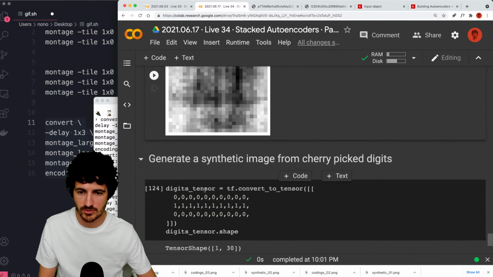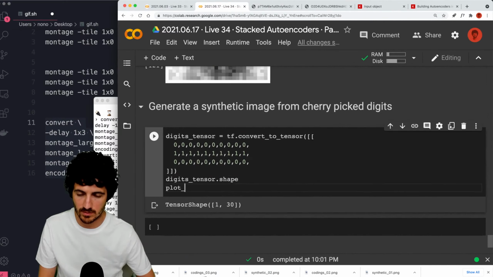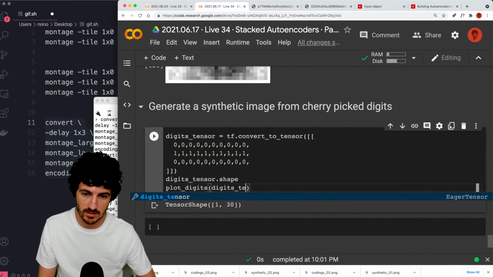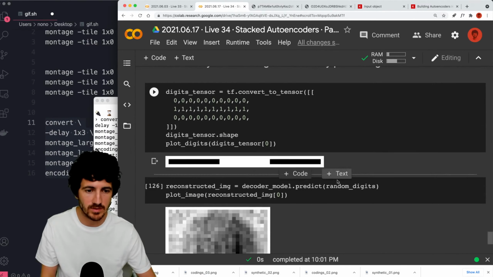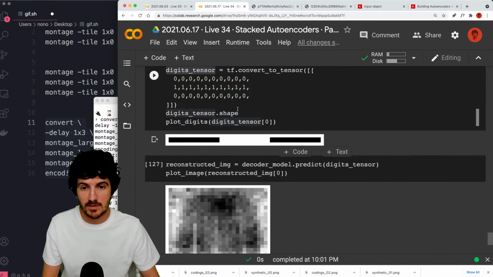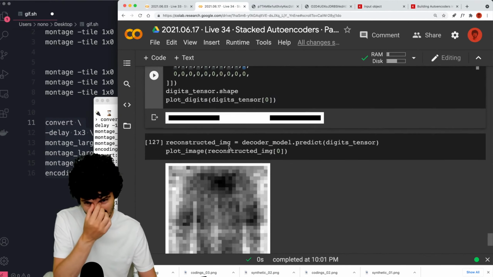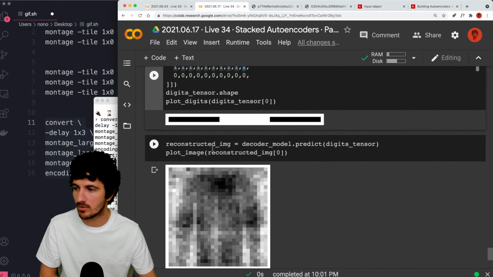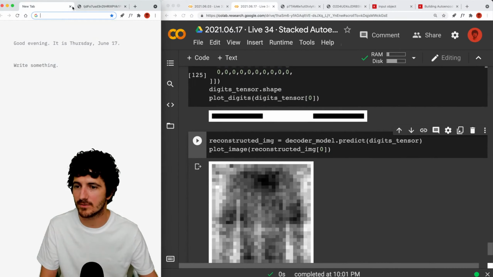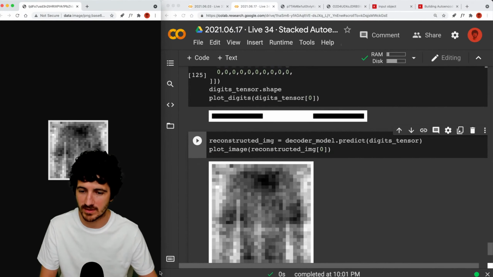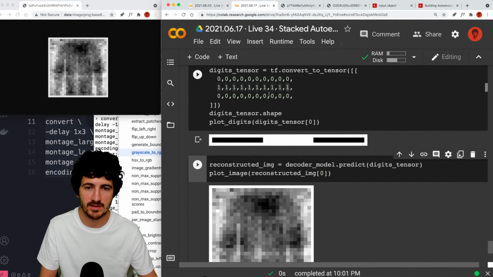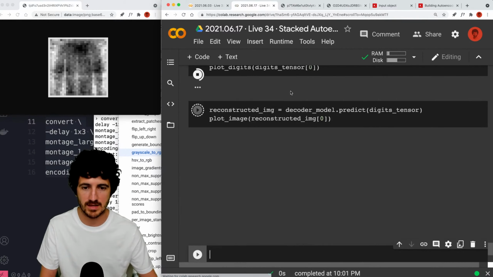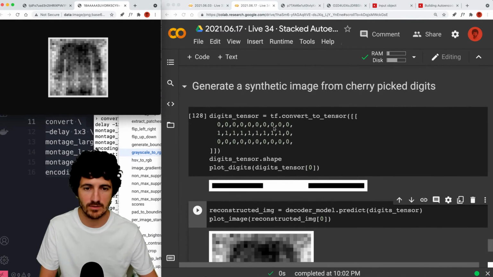And now we can reconstruct the model. So we can plot digits, and then we get the digits tensor, right? And then we reconstruct our image with the digits tensor. So that's our image. It would be good if these things auto-saved. So we're going to make a weird way of making an animation, but I think it's going to work. We have this image here, and let's just make slight modifications to this, and you're going to see what